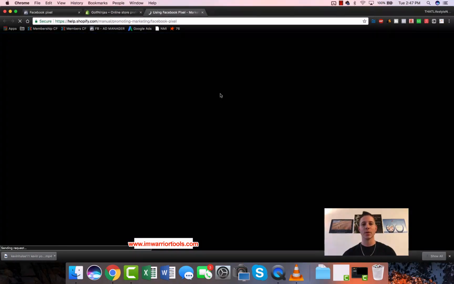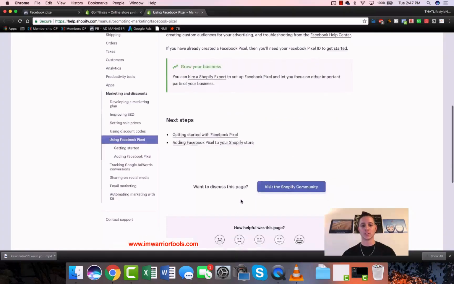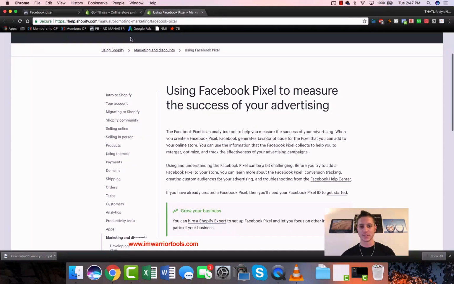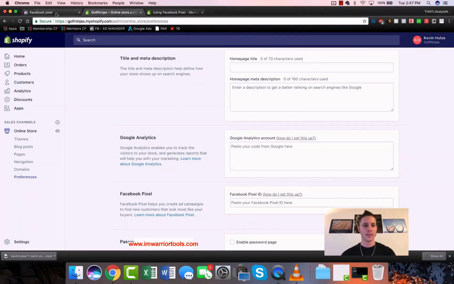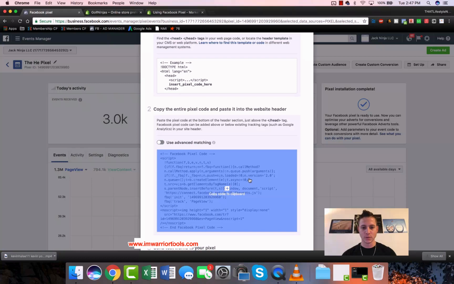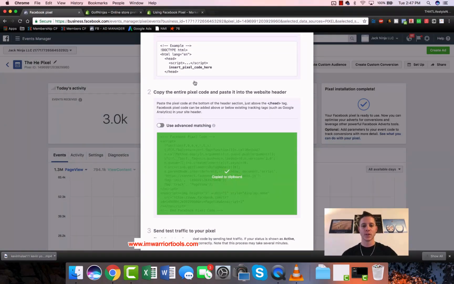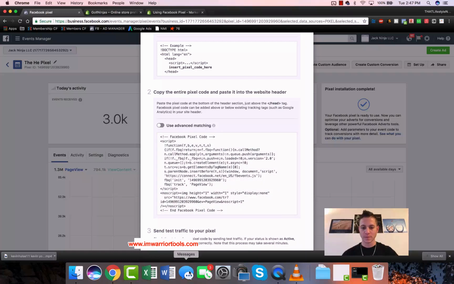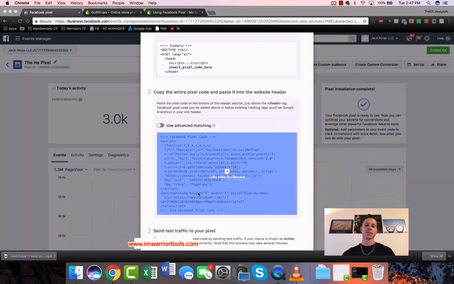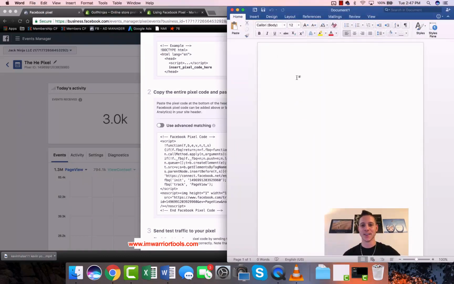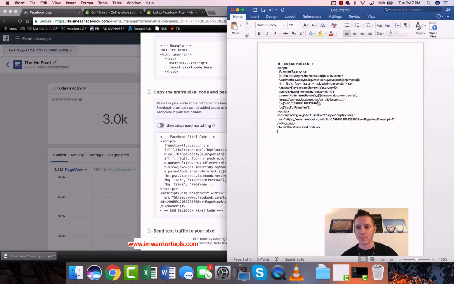So you can go to how do I set this up if you want. It'll show you exactly how to do it. You basically just take your Facebook pixel and you copy and paste it in. The one thing is that Facebook actually gives you the entirety of the code here, and for Shopify, they try to make it easier by only needing the ID, but it's actually kind of annoying, because normally you install it in the back end, but for now we're just going